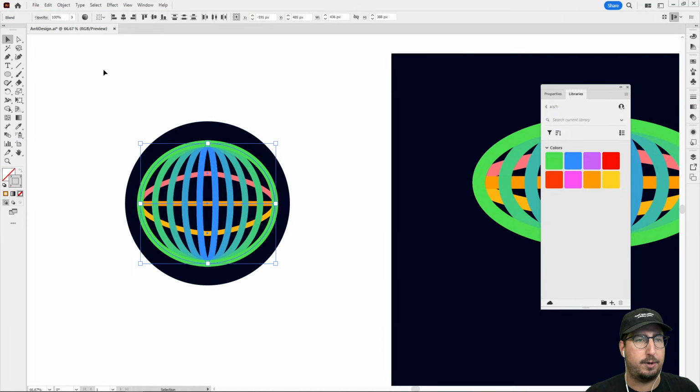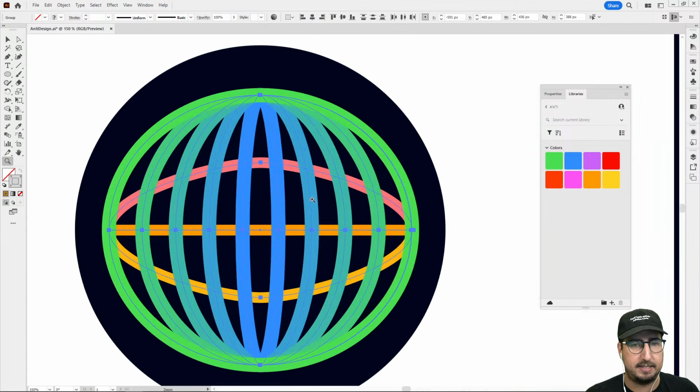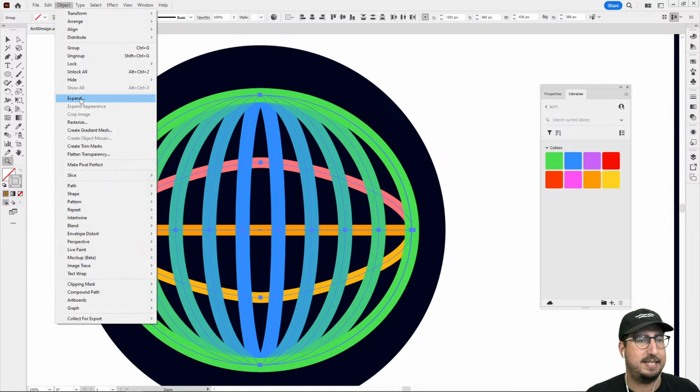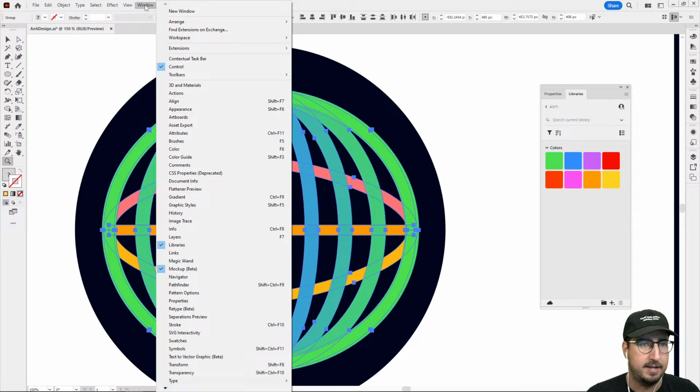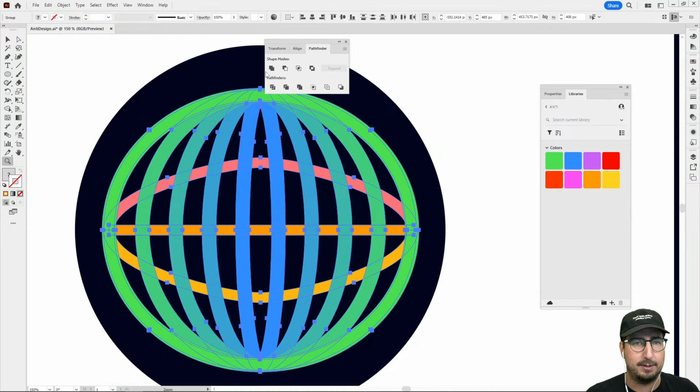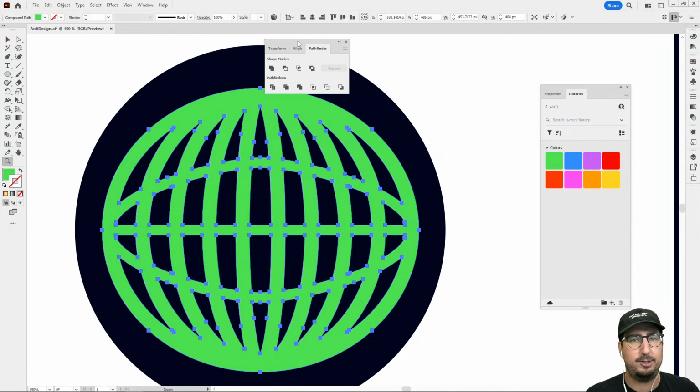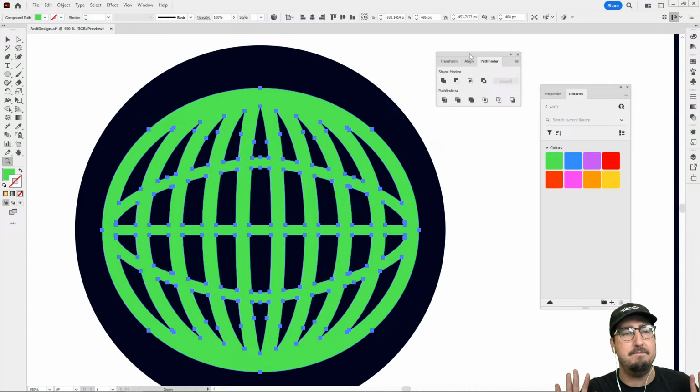So we're going to select our whole blend here. We're going to go to Object, Expand, and check it out. It has expanded all of these into strokes. Not what we want. We're going to go to Object, Expand one more time, and now it is expanded into fills. We can use our Pathfinder tool to make that all one shape, and now we're going to use the absolute magic of